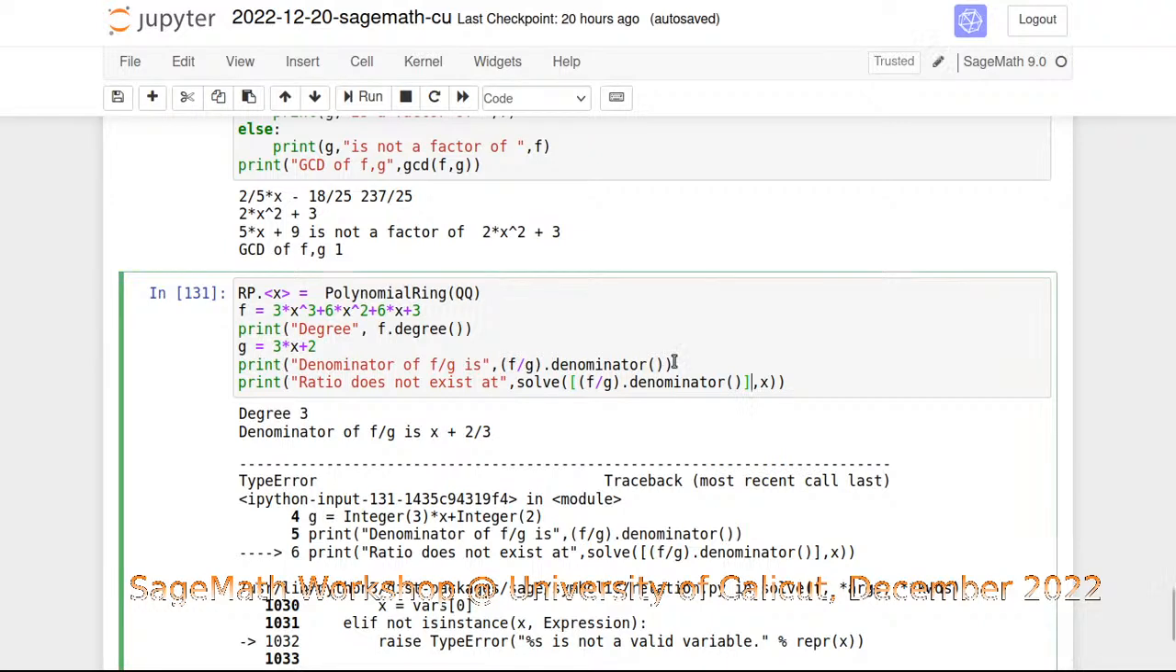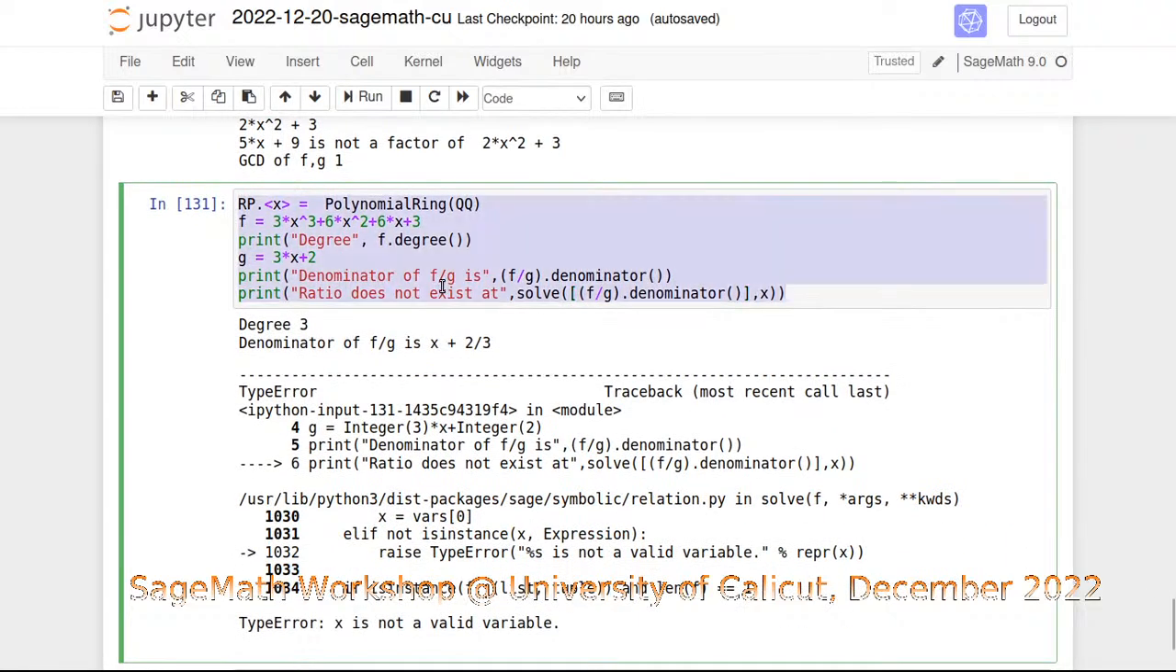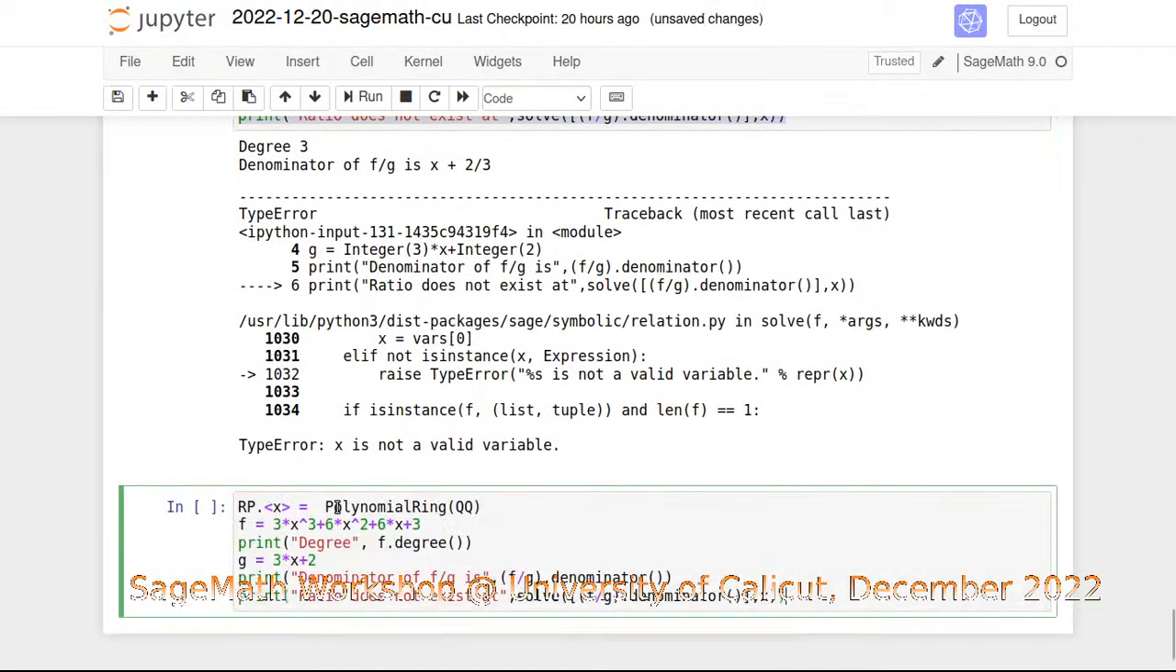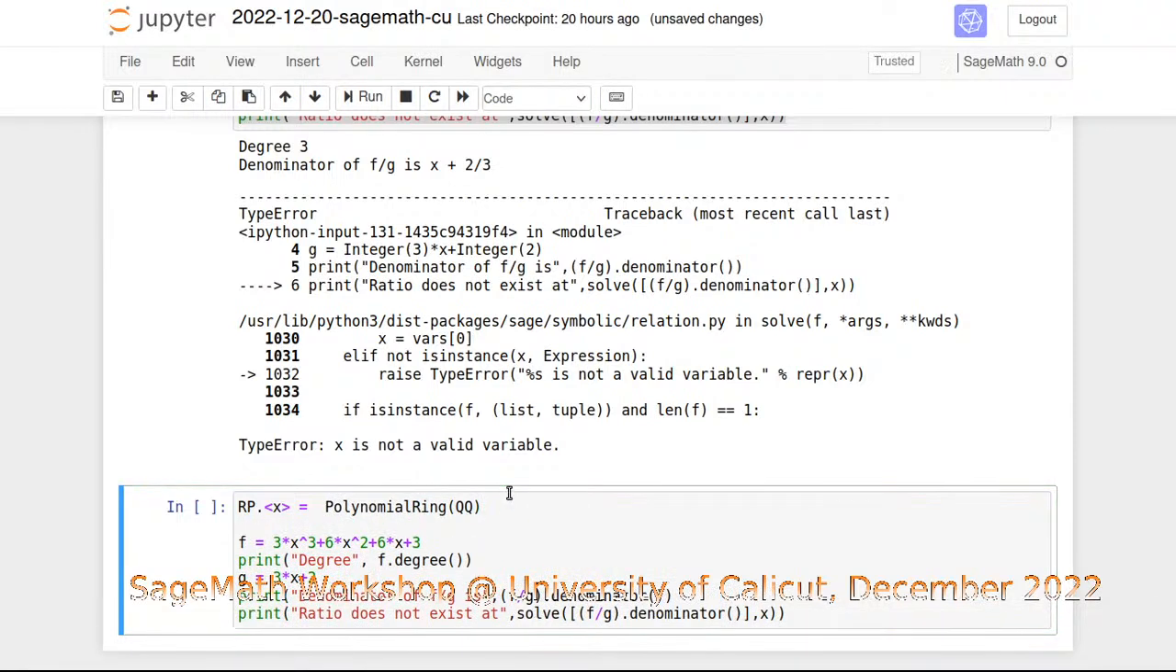Okay, let me just use an alternate method. We just try to use an alternate method. R is this, we have already defined the polynomial ring. Let me just try to do something else which I am finding from the documentation. RP is defined with this. After that, I have already taken this, R equal to